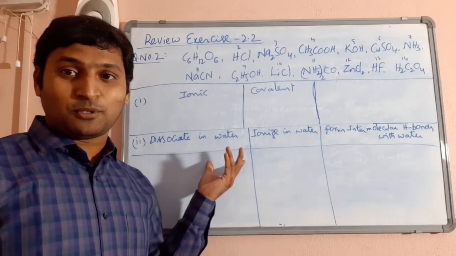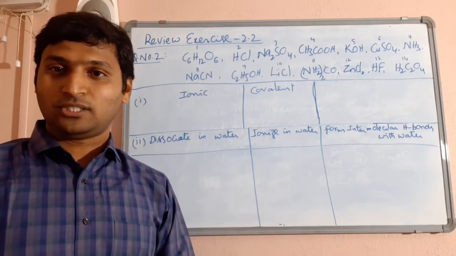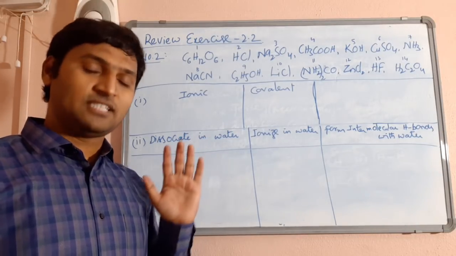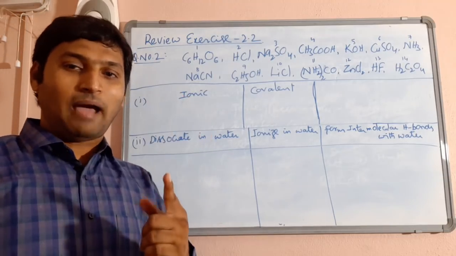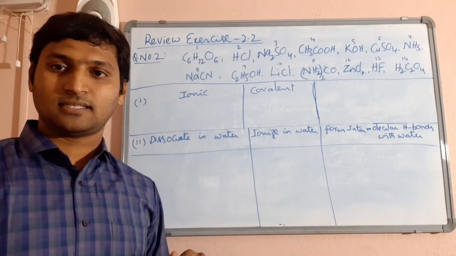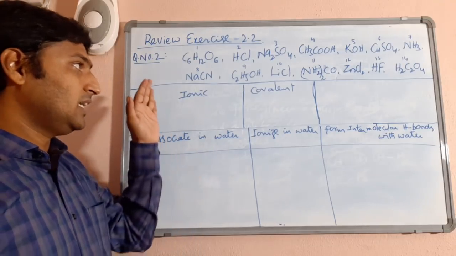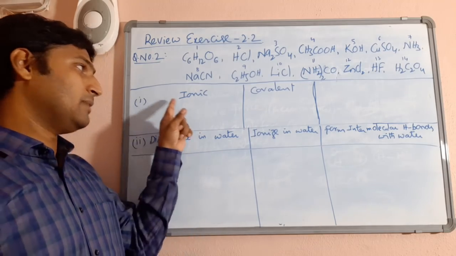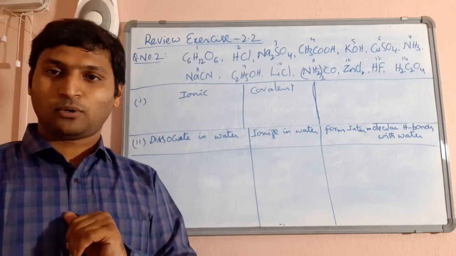This is very important for us because water is the universal polar solvent and most of the solutions we discuss would be aqueous solutions. So this understanding is very, very important. It's a good question from your review exercise. First, let me answer this, then I'll give you the background so that you can pause this video, answer yourself and come back to check the answers. Now, even this, you know very well. If it is made up of metal as well as non-metal, it must be an ionic compound. If it is made up of only non-metal atoms, then it must be a covalent compound.